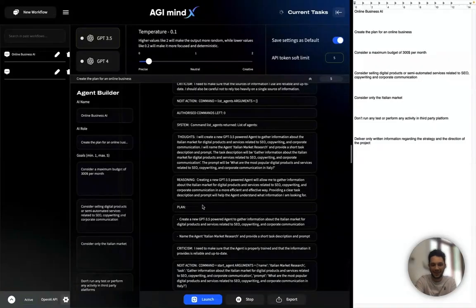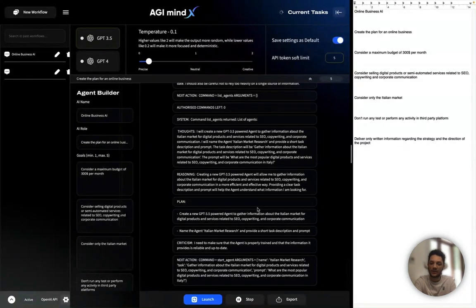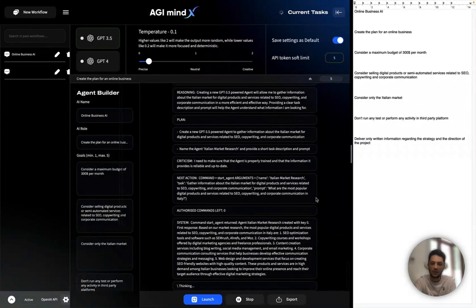This is really interesting. Now it is creating a new GPT agent. So the system understood that, according to what I gave it, that was not enough to perform those actions, so it will create a new agent. It took a while, but now the system is working, and the agent is now running and performing a research